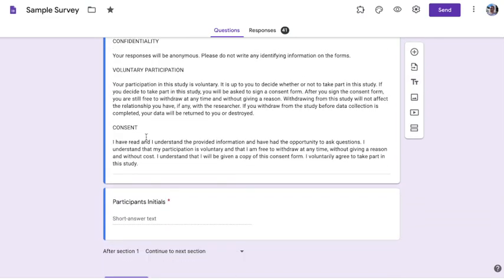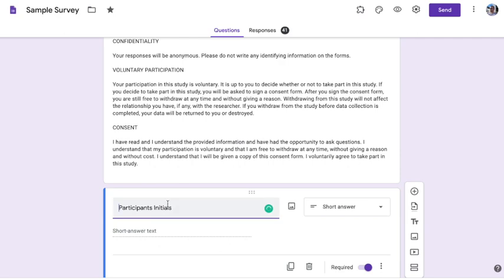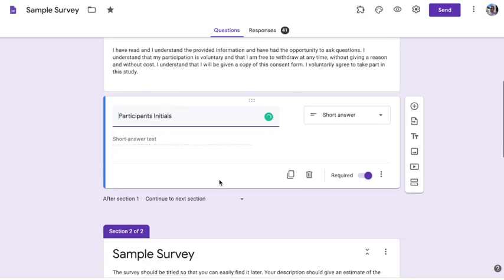And then right here, you can see consent. I have read and I understand the provided information, and I've had the opportunity to ask questions. I understand that my participation is voluntary. I voluntarily agree to take part in this study, and then they just write their initials right here at the bottom of the study. Okay. Then